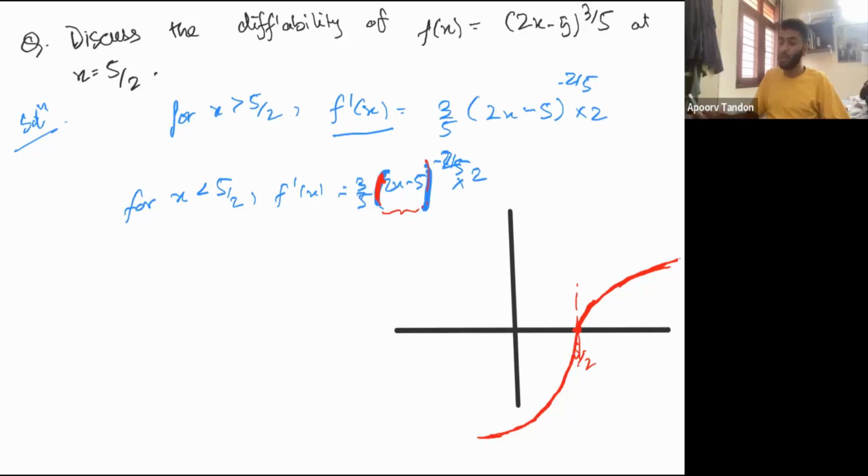Derivative छोटा होता जा रहा है as x tends to minus infinity. जैसे derivative छोटा होता जा रहा है as x tends to positive infinity. So roughly, we can conclude that the graph is going to look something like this, right? At x equals 5/2, if the function progressively decreases in its derivative magnitude towards infinity, and again decreases in magnitude towards minus infinity at